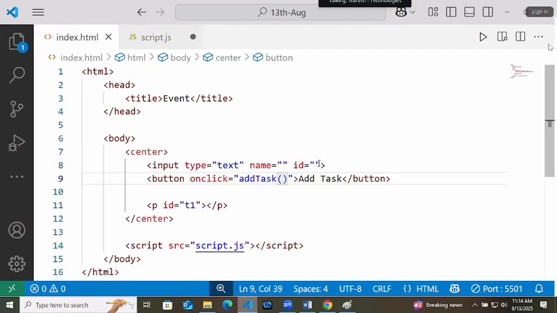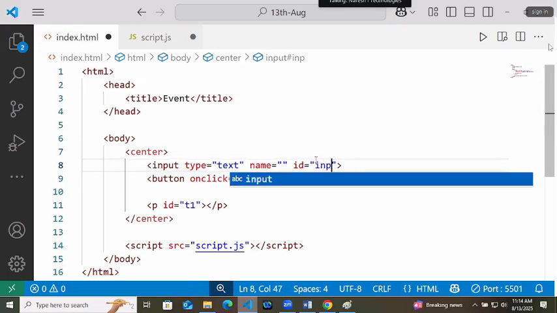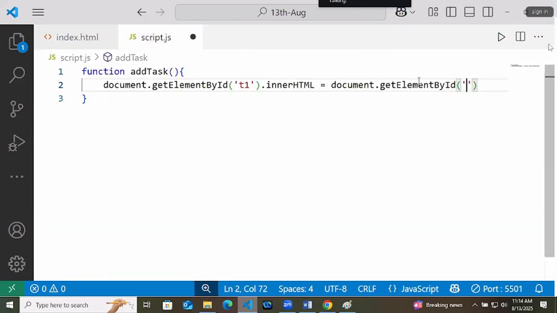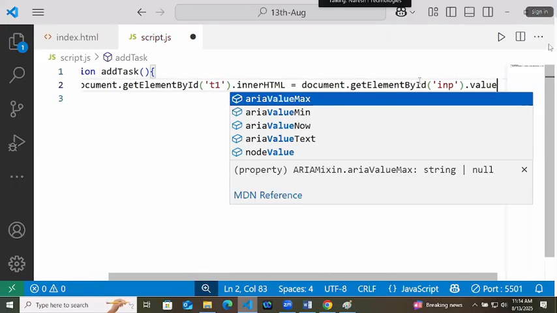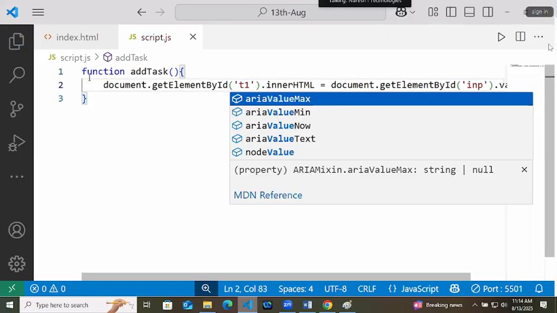The input box should have an ID of INP, dot value. So that is what we are doing.